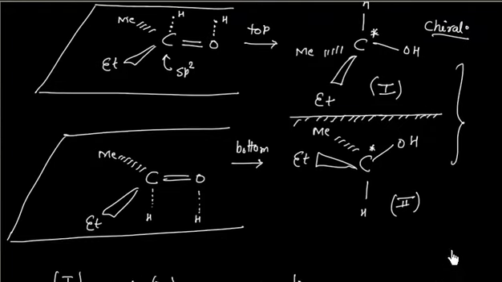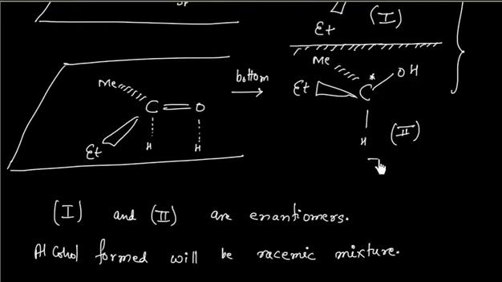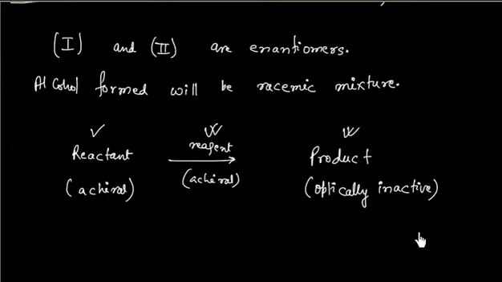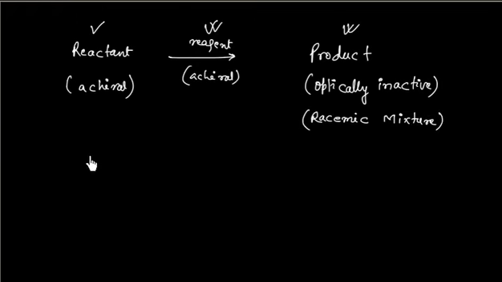So in this case we can directly say, if I am generating an alcohol that is chiral, we will get both alcohol plus as well as minus in equal amount, so that we finally have a racemic mixture. So the product is optically inactive, that is the meaning of a racemic mixture. That is, both enantiomers are formed in equal amounts.